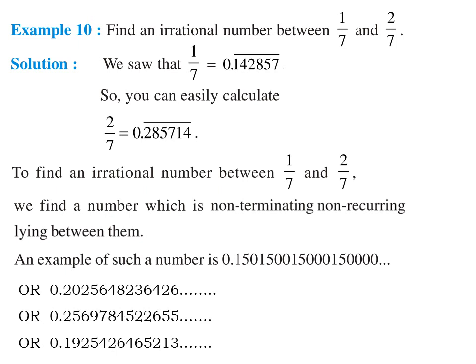One more question originates from this: how many irrational numbers are there between any two numbers? Again, by the concept of irrational numbers, there are infinitely many irrational numbers between any two numbers. There are infinitely many irrational numbers between any two rational or irrational numbers. I hope you understood the concept of the decimal expansion of irrational and rational numbers.